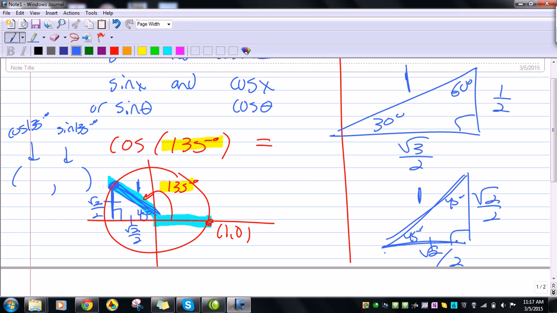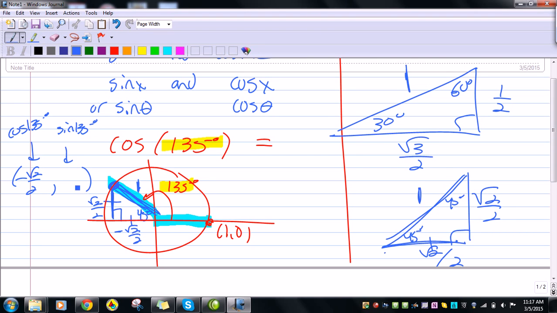And the only thing I now have to consider is, well, what quadrant am I in, and what things are positive and negative in that quadrant, right? So now, because I'm in the second quadrant, I move to the left root 2 over 2, which means this value isn't really positive root 2. That's right, negative root 2 over 2. Okay? I'm moving up from the origin, therefore my y value is positive root 2 over 2. Okay? Therefore my terminal point is negative root 2 over 2,